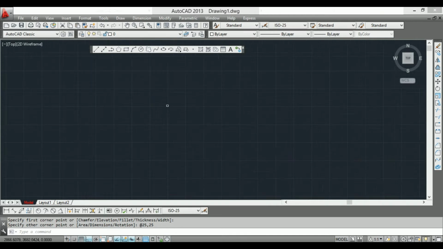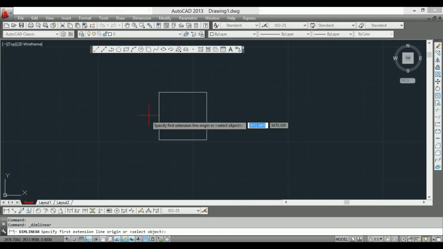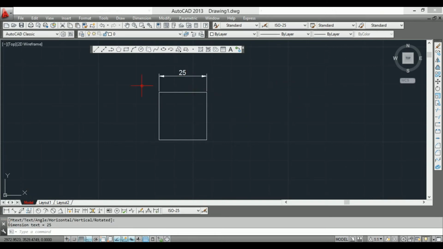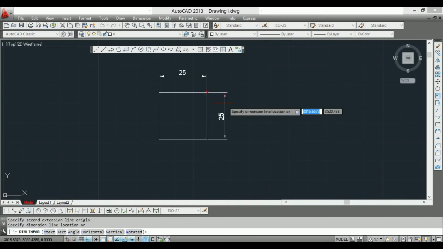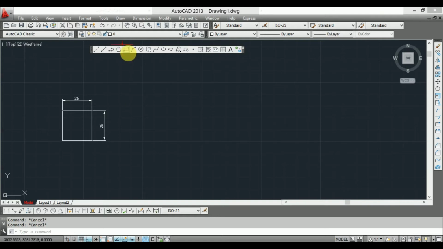Then you can zoom in and see it. Your rectangle is a square of 25 mm. You can see it, because I put 25 mm in both x and y. If you want a rectangle of 50 by 100, how will you make it?